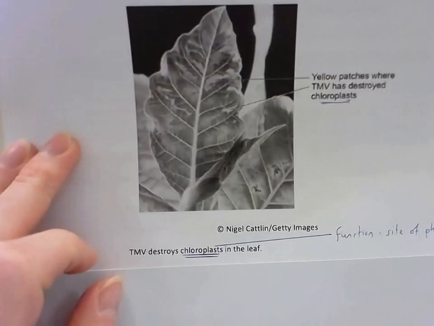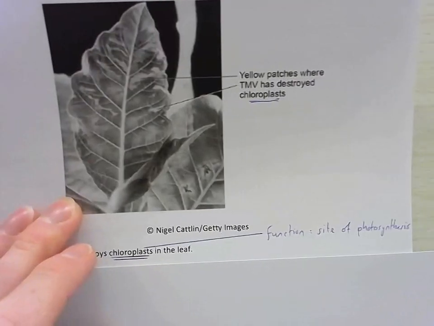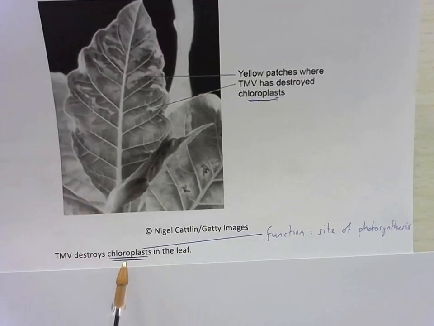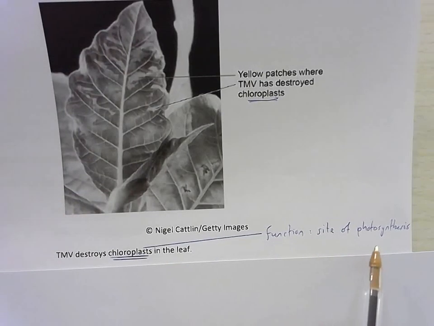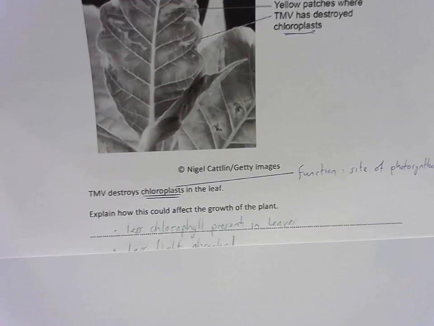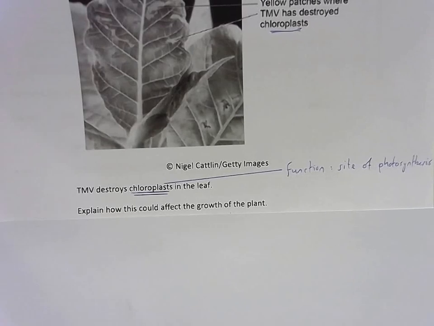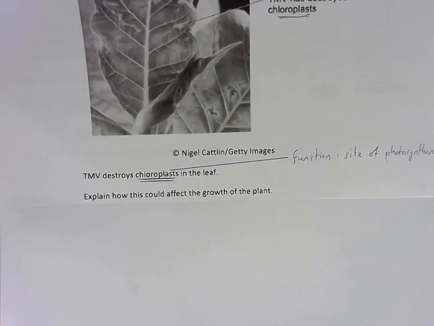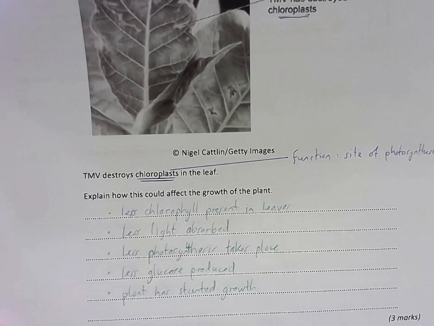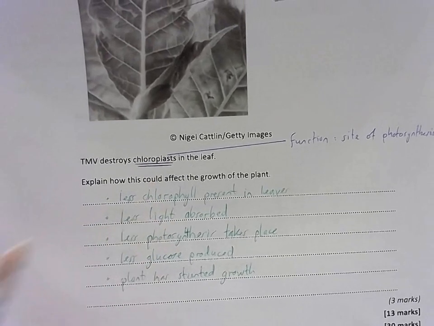And it's going to tell us again underneath that TMV destroys chloroplasts in the leaf. And I've made myself a little note, because remember, chloroplasts, their function, they're the site of photosynthesis. So destroying chloroplasts is going to be bad for the plant. So we have to explain how this could affect the growth of the plant. Now it's a 3-mark question, but I've put down 5 possible points. So, 1, if the chloroplasts get destroyed,